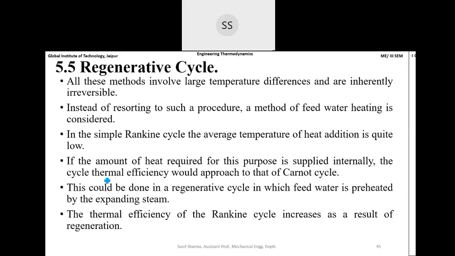ठीक है। अगर हम ये कहें कि हमें रीस्टोर करना है किसी प्रोसीजर में, तो हम फीड वाटर हीटिंग करते हैं। फीड वाटर हीटिंग क्या है कि जो आप पंपिंग कर रहे हैं पानी को, और आप जो बॉयलर में जिस पानी को भेजने वाले हैं, तो हम उस पानी को पहले ही थोड़ा गर्म कर लेते हैं। कैसे गर्म करते हैं? टरबाइन के आउटलेट से। तो टरबाइन के आउटलेट से बॉयलर के इनपुट को अगर हम गर्म कर लें with the